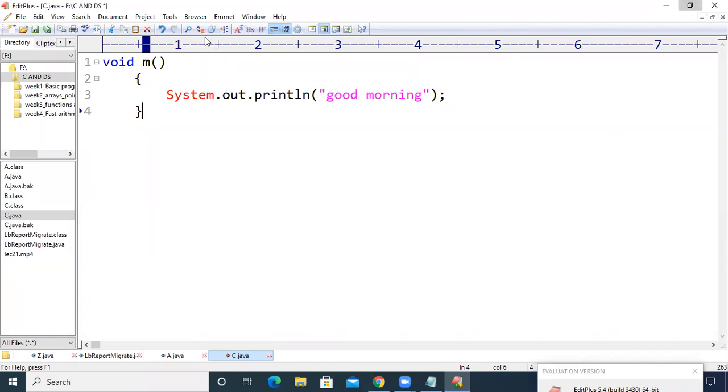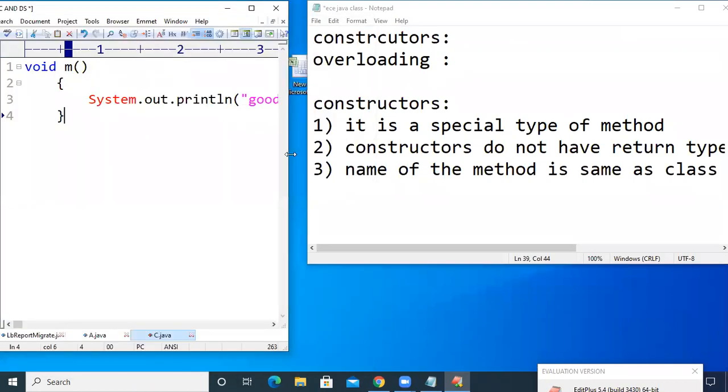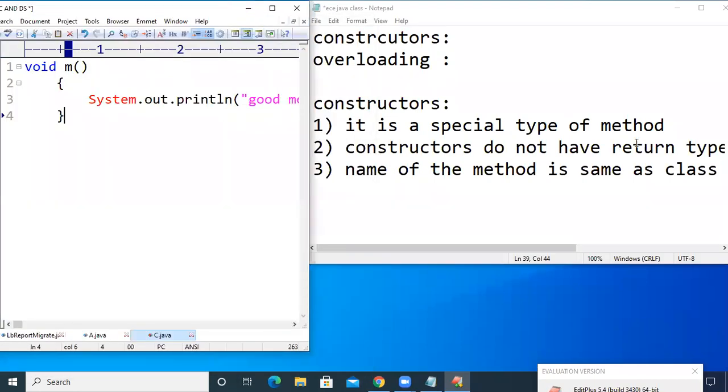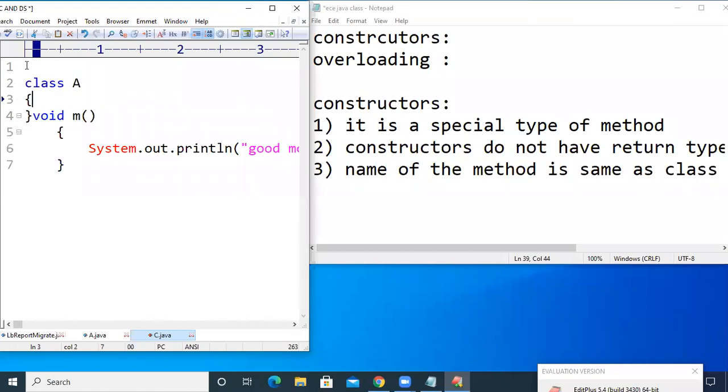Right, it is a special type of method. Constructors do not have a return type, and the name of the method is same as the class name. So these are the 3 points we have studied till now regarding a constructor.